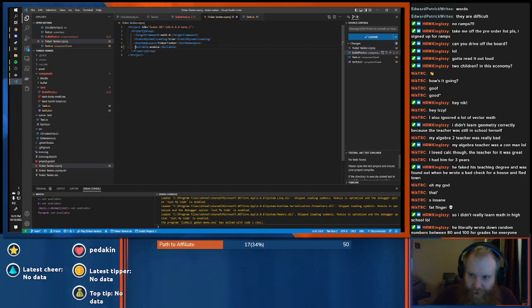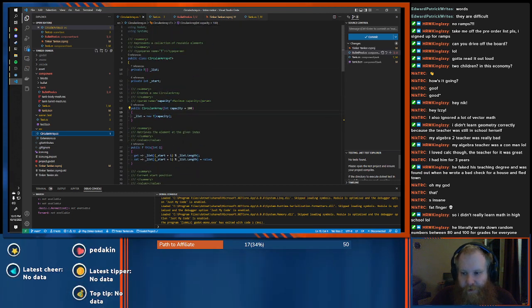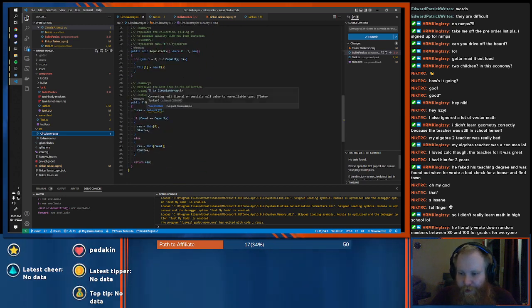Oh, let's make it to where it's using the same thing. Ooh, that. Converting a null literal or possible null value to a non-nullable type. That really gave me a bunch of warnings.